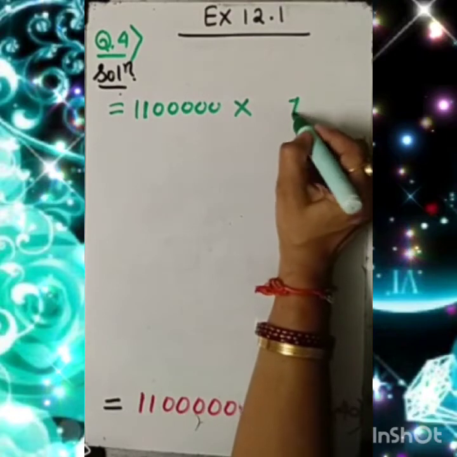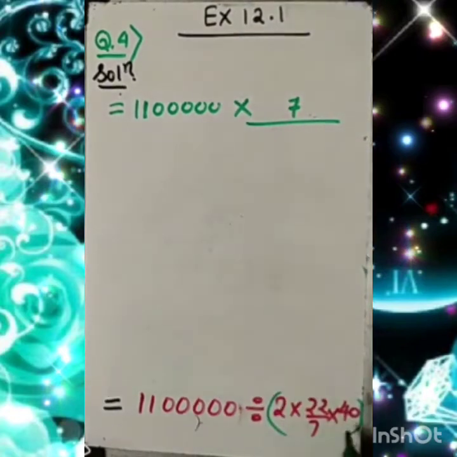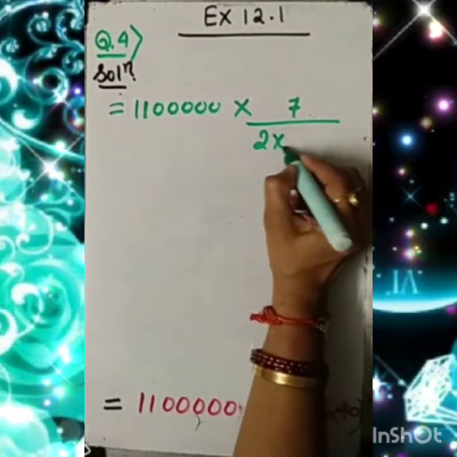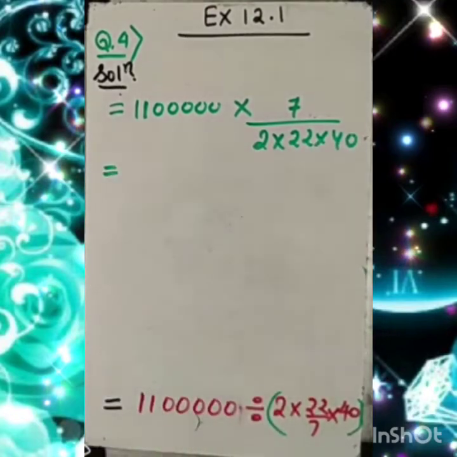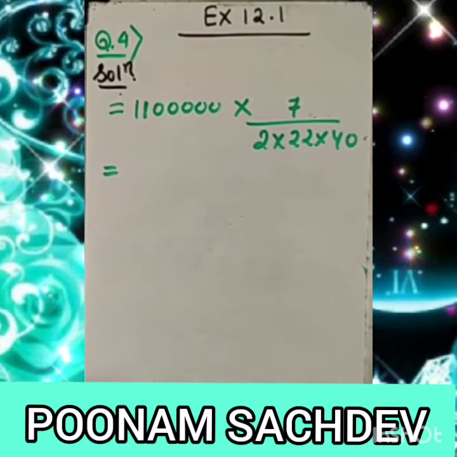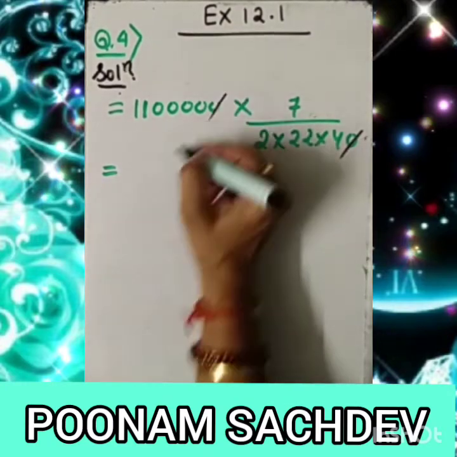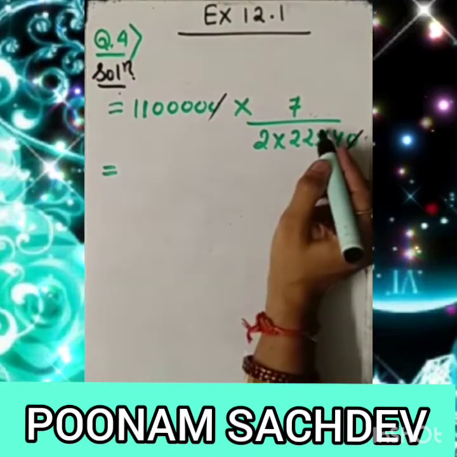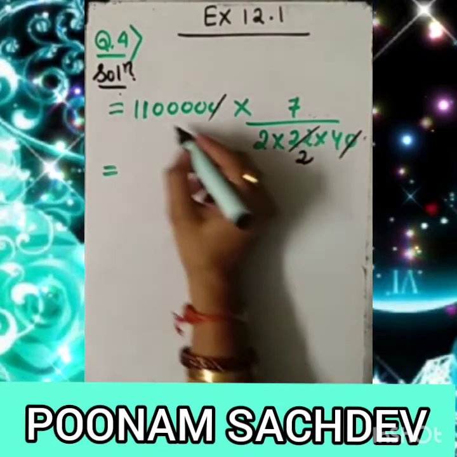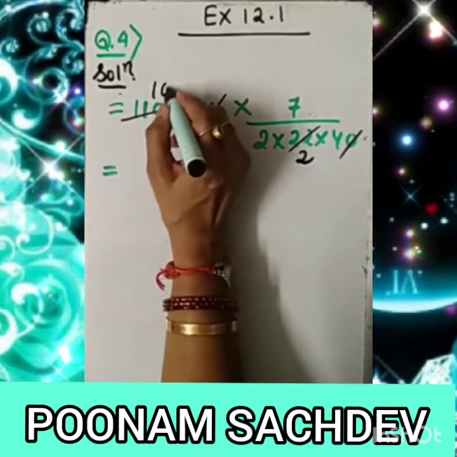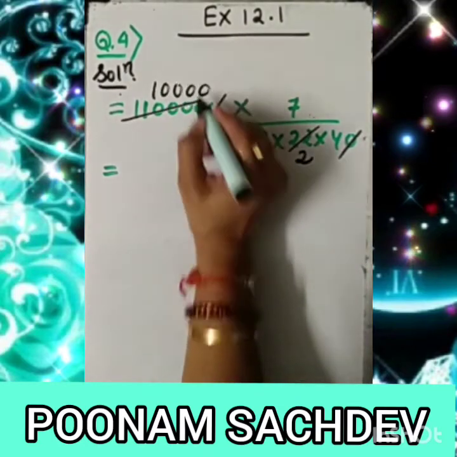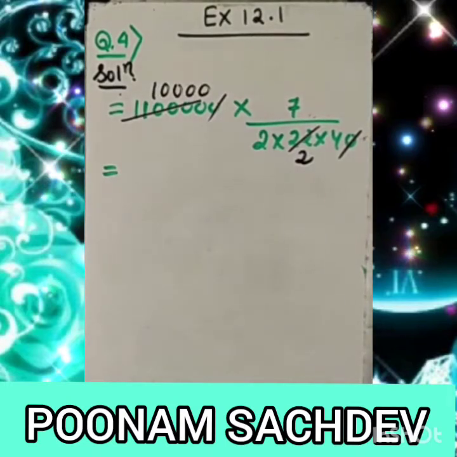So 7 will be in the numerator, and the rest of the 3 terms which you are finding will be in the denominator. Clear to you? Now let's simplify it. Okay, so the 0 will be cancelled. Done. Now you know very well, dear, here 2 is there, 11 is the factor, so 11 ones are 11, and 4 zeros will be left. Got it? 4 zeros will be left.